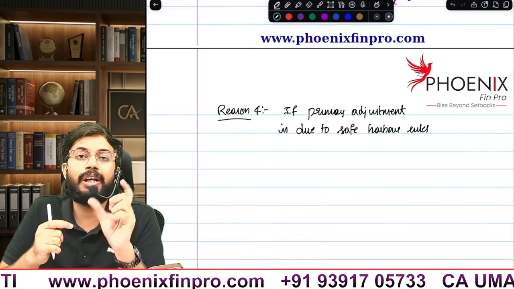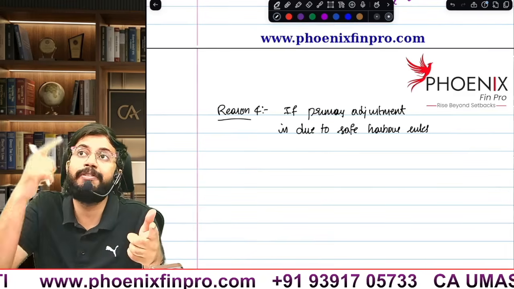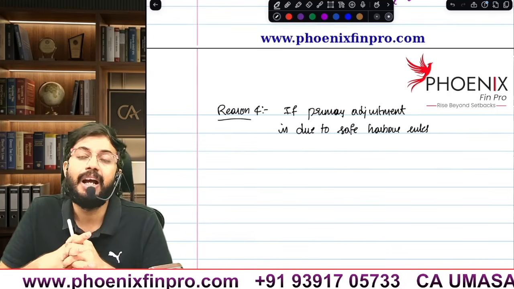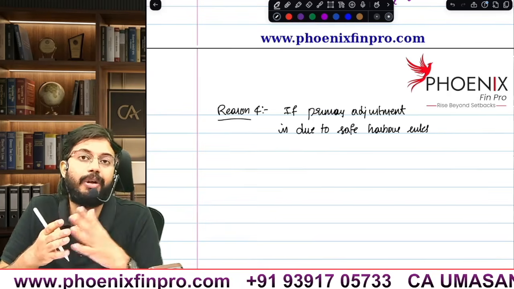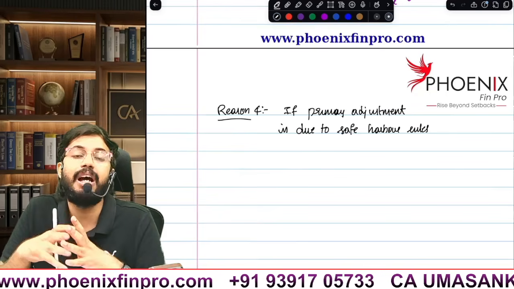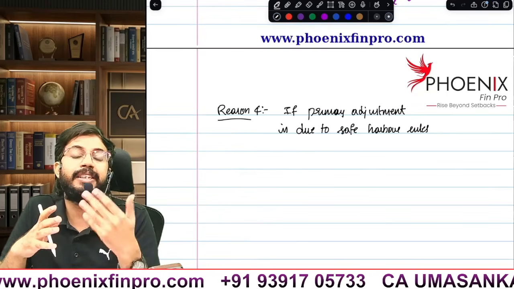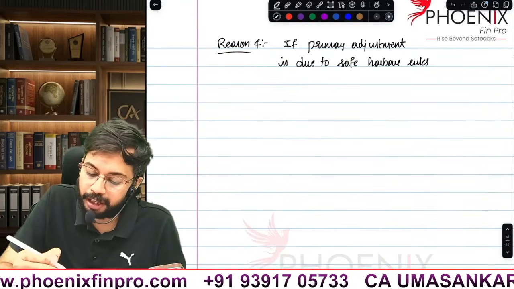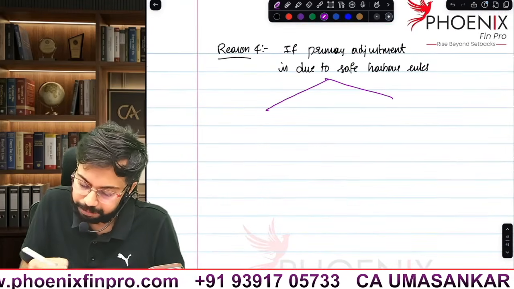Otherwise, whatever the difference between your price and the safe harbor price is, that difference will be treated as primary adjustment. And if primary adjustment is more than 1 crore, secondary adjustment provisions are also applicable. You have to bring excess money to India within 90 days. Those 90 days are to be calculated from which date, I will teach now. Okay. So here in this case, excess money